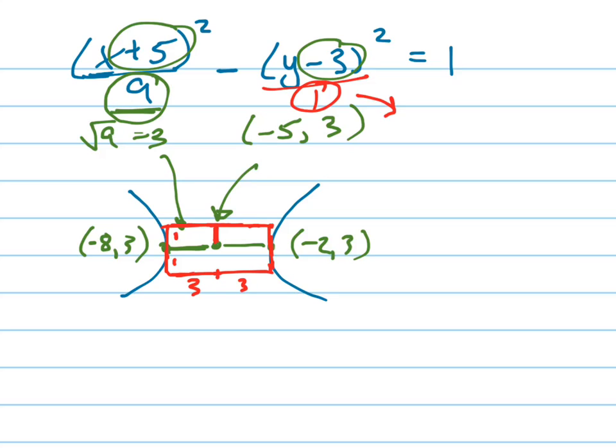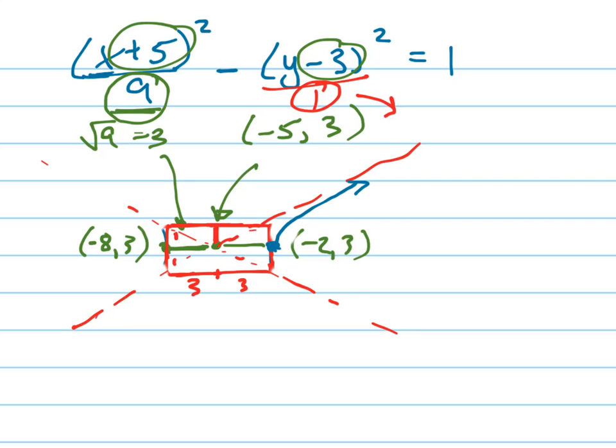So this is a 2 by 6 box. That box shows you, if you draw diagonals through that box, those are the asymptotes for your hyperbola. So that's what I've got there, and then this point right there, it goes like that,